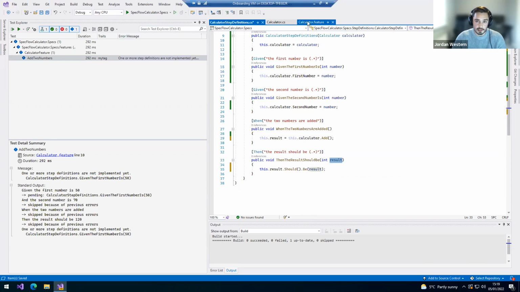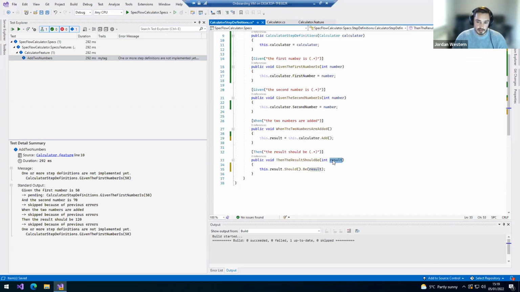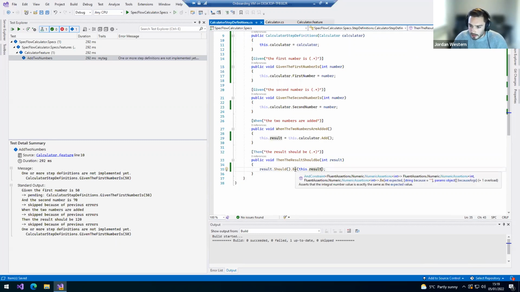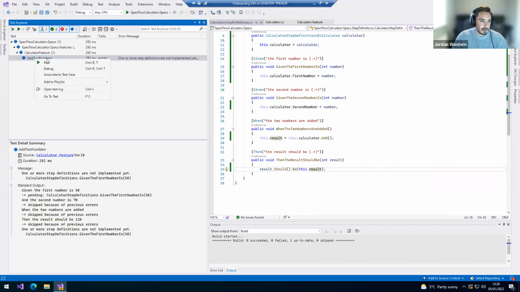So if we flick back to our feature, this is our expected result, obviously. And in fact, these should be, I think, the other way around. So the expected comes first, and then the actual is in here. I wonder if it tells us in the, oh no, it's the other way around. I was right the first time, but either way, you can see how this is kind of working. We're just directly comparing the integers together. So if we now run this,